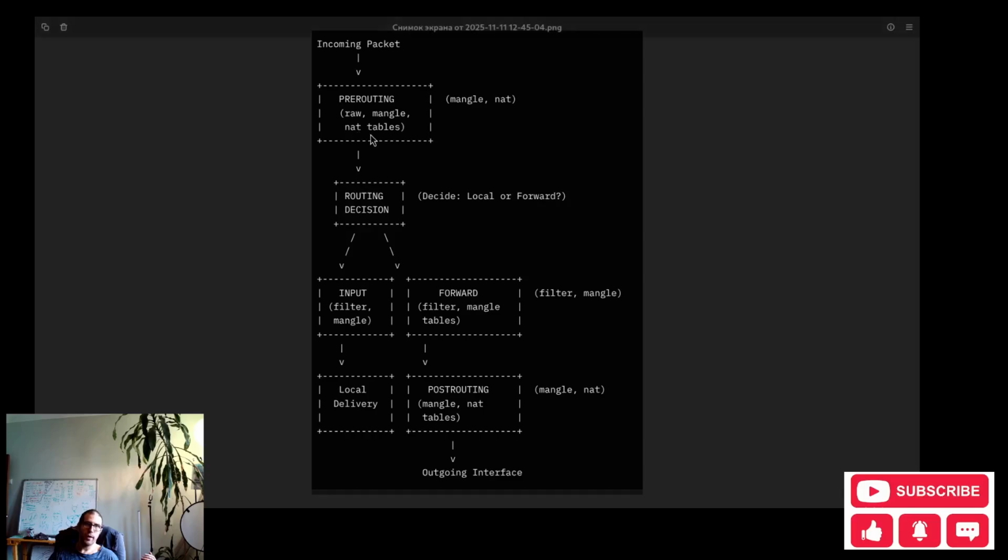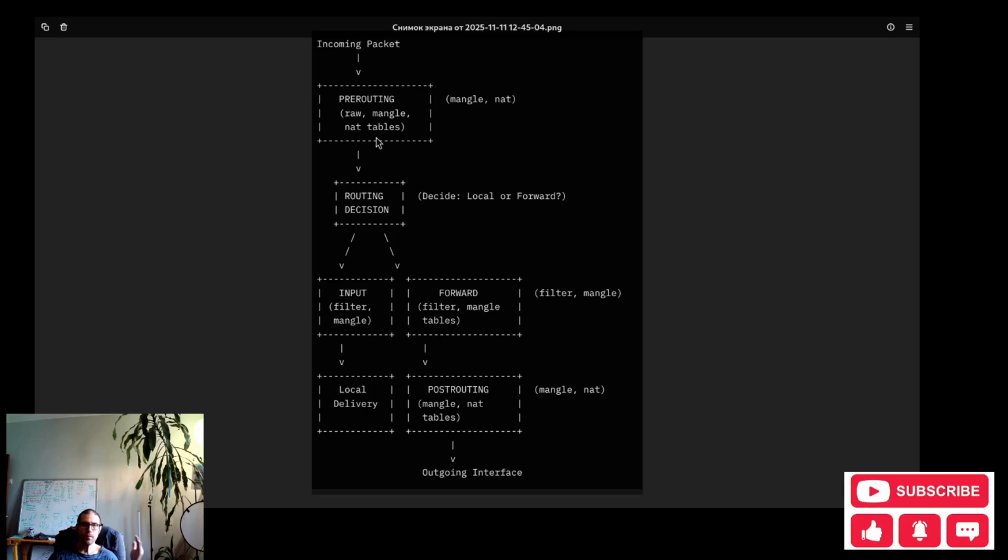So you can put rules inside this table, and the rules consist of a condition and an action. If the condition is met, then you perform the action. So you can either drop the packet, or reject the packet, or let it travel, let it proceed by the road to the end, to the outgoing interface.